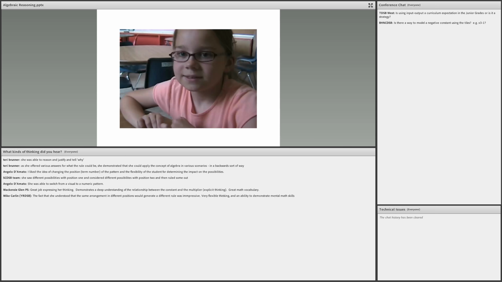Really nice job, as the Mackenzie Glenn PS team identified, expressing her thinking, great math vocabulary, a deep understanding of the relationship between the constant and the multiplier. And it's lovely because when you get students to this point, they have very flexible thinking and can think about that connection in different ways. I think Terry also talked about it, it's kind of a backward sort of way, because we tend to give patterns that are complete